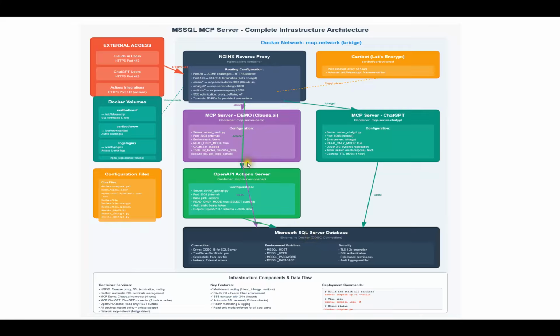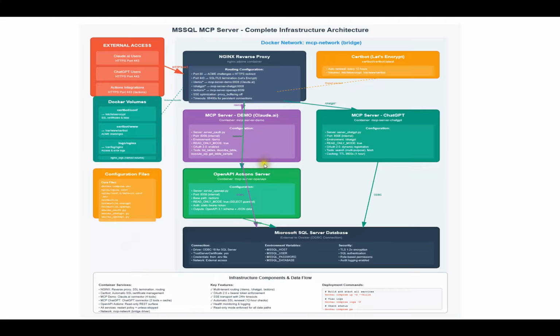database server. And we had 3 containers, one for the subscription, an MCP server compatible with the MCP custom connector in Cloud AI, another one for the custom connector in ChatGPT, and the third one is the one that works with ChatGPT Actions, which is a feature in the GPTs, with custom GPTs on your ChatGPT subscription.